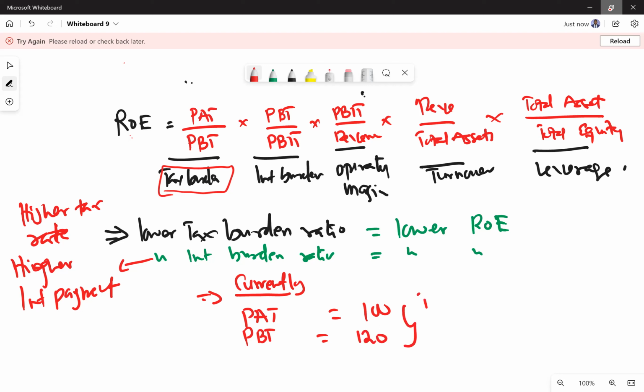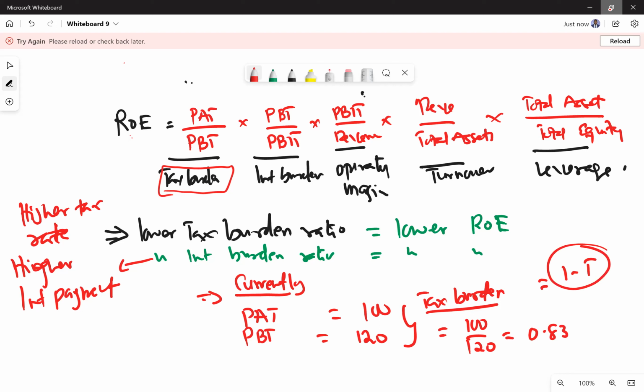It means that your tax burden is equal to the 100 divided by 120. And the ratio will be 0.83, which is 1 minus t. So if you were to take the tax, 1 minus t, that's your tax burden. Now, if